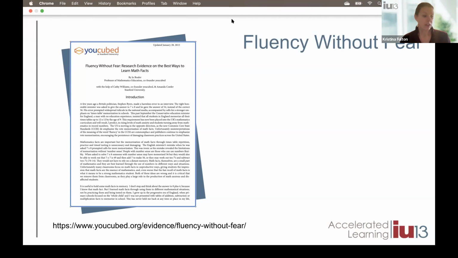And that's part of what we wanted to show you next, some ways to be able to develop that number sense and fluency and automaticity with your students, and to provide you with some resources so that you can leave our session today with some things that you'd be able to use.